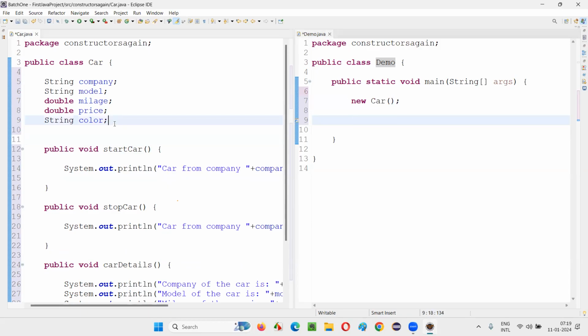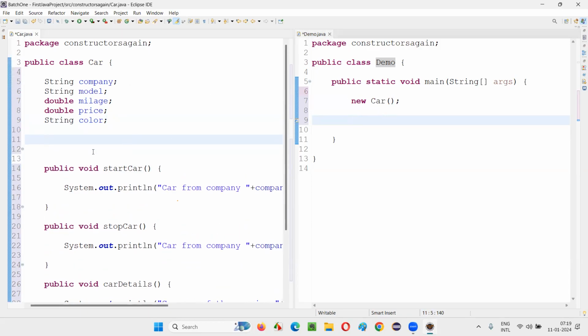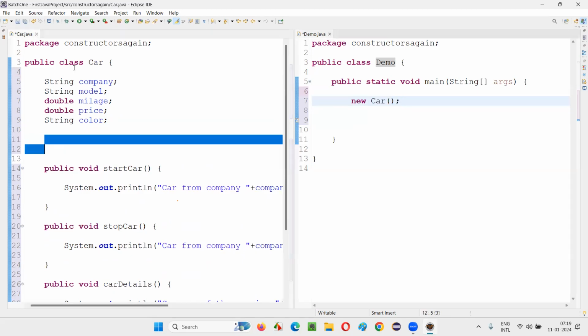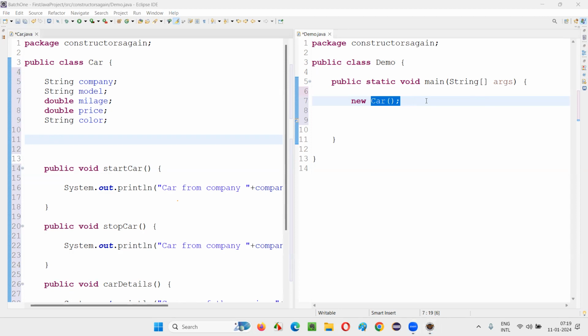Now, what if I create a constructor here? For this case, when I create an object, a constructor is not required because Java is maintaining an inbuilt constructor here, which is default and empty. Default constructor will be called automatically when we create an object. When I create an object, is that default hidden empty constructor being called?